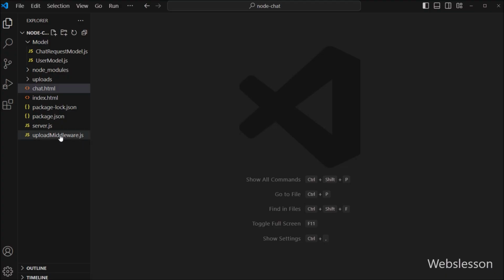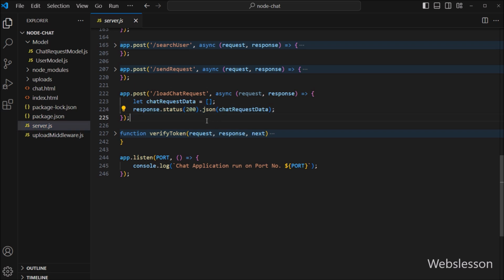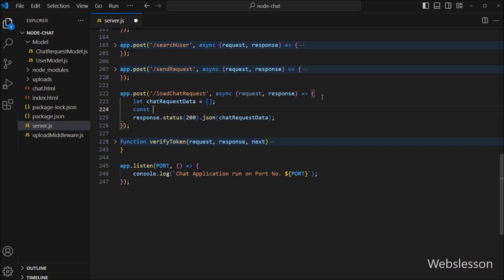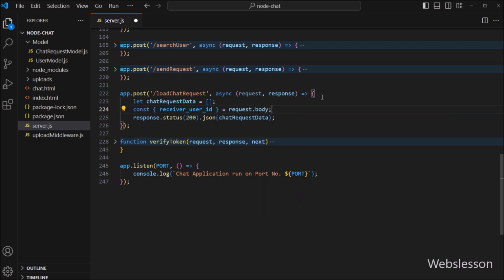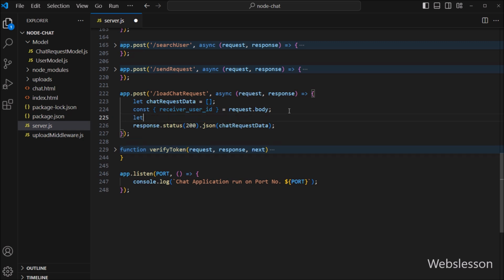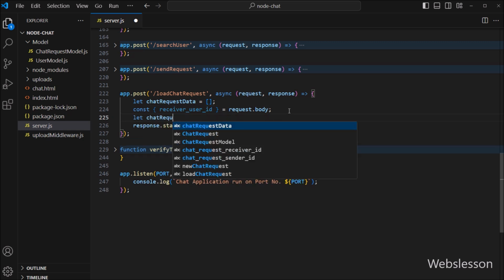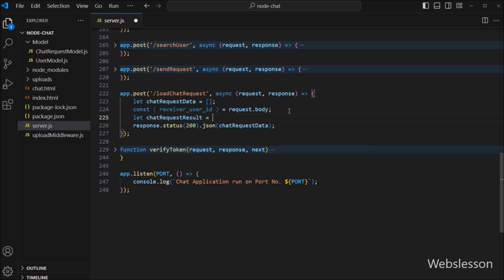Now we want to fetch chat request data from the MongoDB database, so we have gone to the server file. Under this, we have gone into the load chat request routes. And here, we have to write const receiverId variable is equal to request.body. After this, we have to create another variable with the name chatRequestResult, and under this, we will store